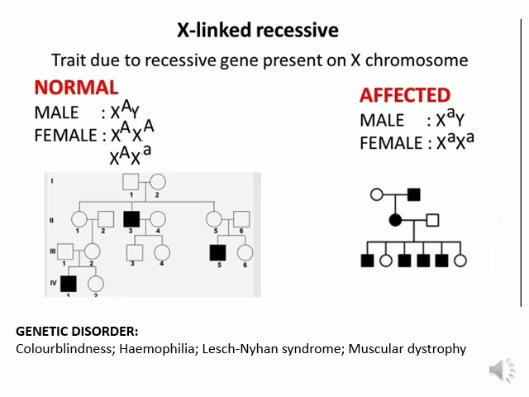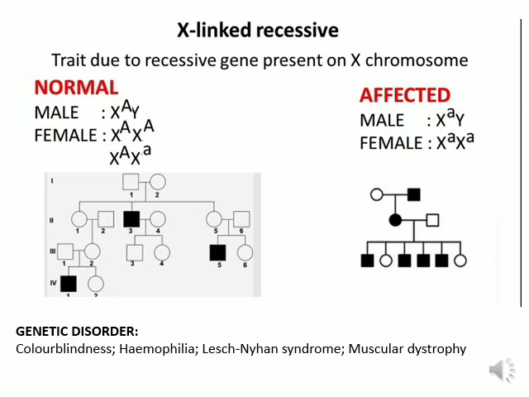Here the genotype will be just the reverse of the X-linked dominant one. Just see the genotype of the male and the female in the normal case and the affected one. So, if you consider the first pedigree chart, we can find that the male will have the X dominant A and Y, and the female will have X dominant and X a. The female will be heterozygous, and thus we will find a normal male, a normal female, but an affected male is also there.